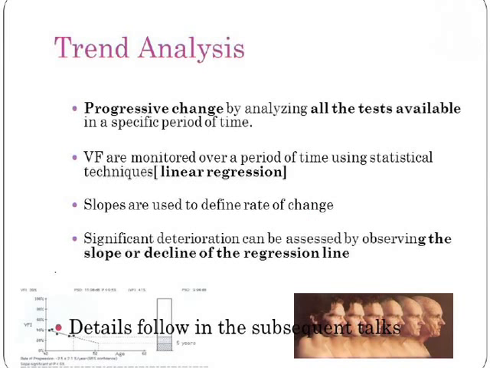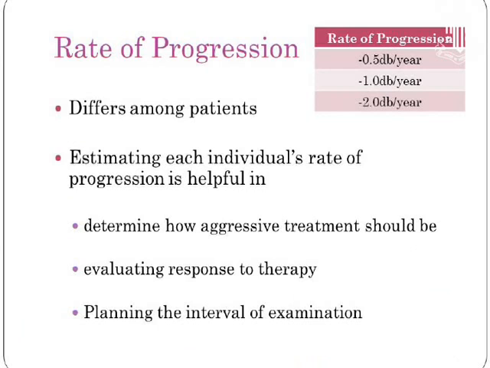Similarly, we have trend analysis. This utilizes all the fields available, makes a regression line, and sees the slope, whether it's significant or not. This uses the patient's individual data, and we'll talk about it in detail in the next talk. We also want to know the rate of progression because we want to determine how aggressive our treatment and follow-up